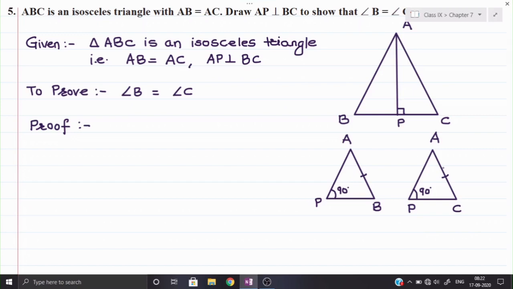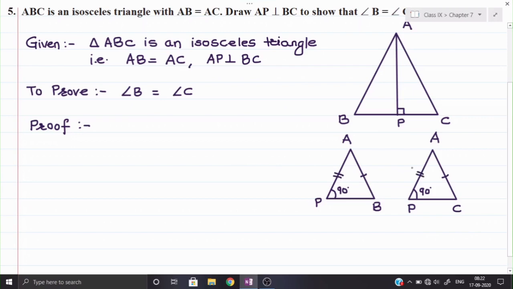So we can say that our second condition is also fulfilled, that hypotenuse are equal. And the third condition is that from the remaining two pairs of corresponding sides, or remaining pair of perpendicular sides, any one should be equal. In short, you can see here we have the two remaining corresponding sides. One is PB and PC, and the second one is AP and AP. As you can see, AP and AP are equal because both are common in the triangles. So the third condition is also fulfilled, AP is equal to AP.